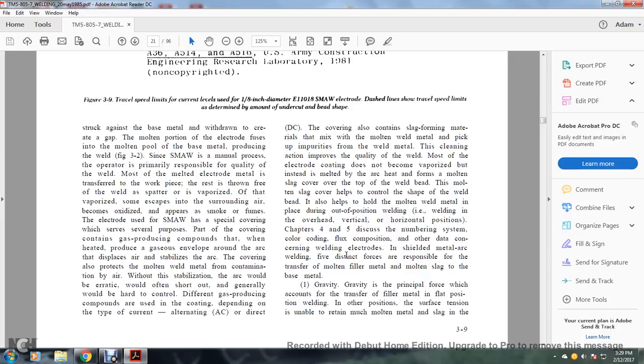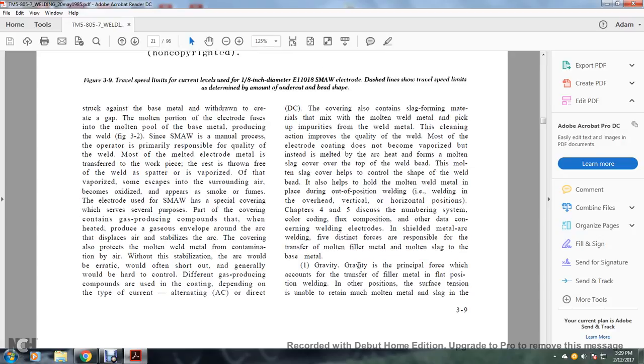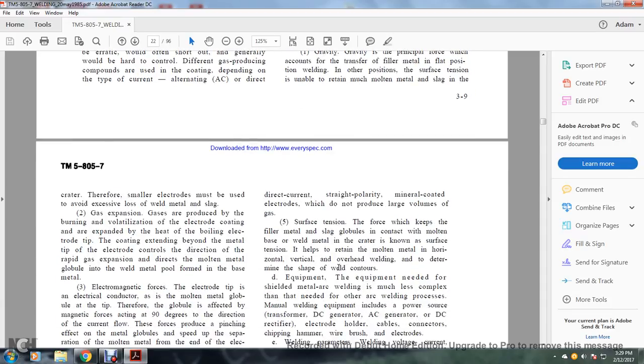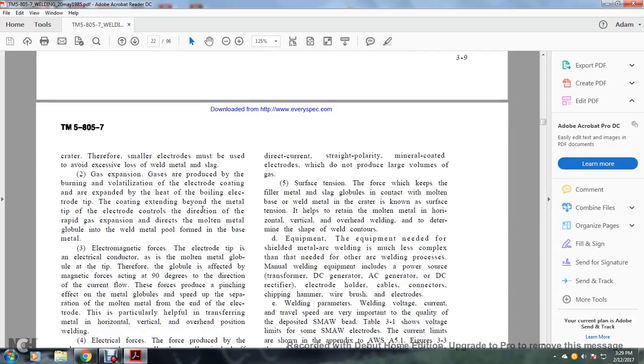Electrodes and shielded metal arc welding. There are 5 distinct forces responsible for the transfer of the molten filler metal and the molten slag to the base metal. Gravity is the principal force accounting for the transfer of the filler metal in the flat position. In other positions, surface tension retains the molten metal and slag in the crater. Therefore, the smaller electrodes must be used to avoid excessive loss of weld metal